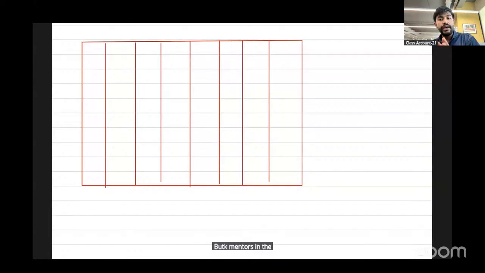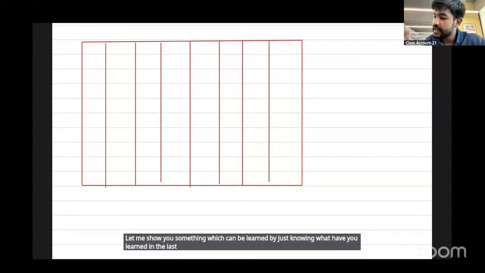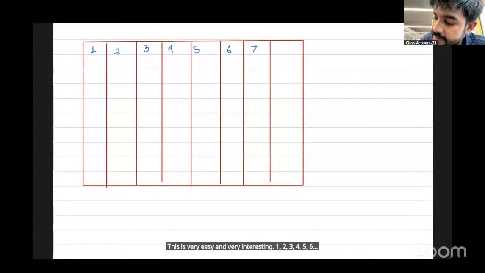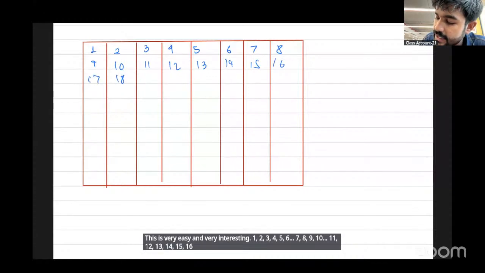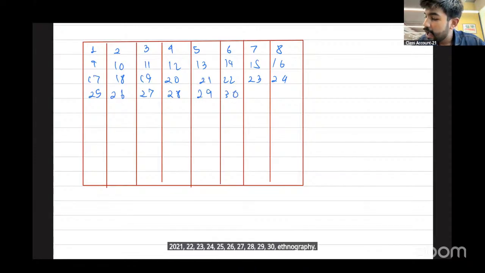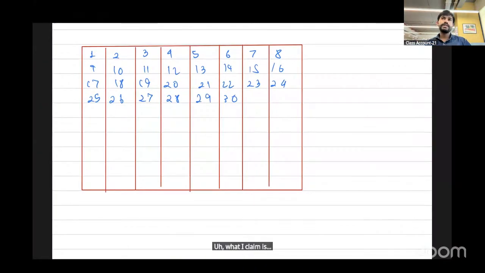Let me show you something which can be learned by just knowing what you have learned in the last 50 minutes. See this. This is very easy and very interesting. 1, 2, 3, 4, 5, 6, 7, 8, 9, 10, 11, 12, 13, 14, 15, 16, 17, 18, 19, 20, 21, 22, 23, 24, 25, 26, 27, 28, 29, 30. That is enough. Now what I claim is, look,